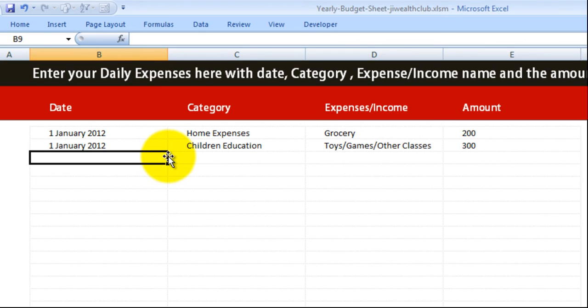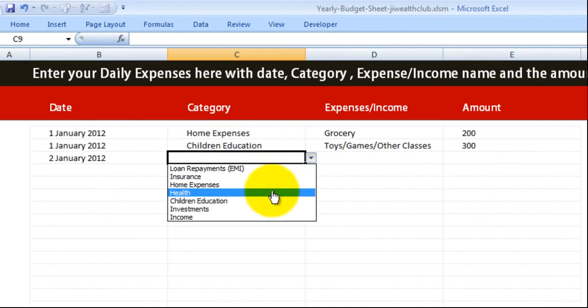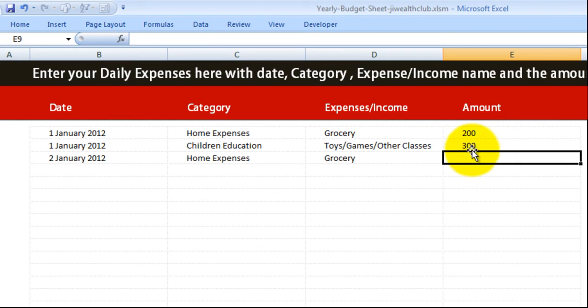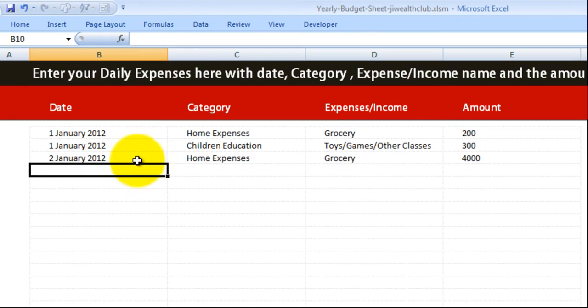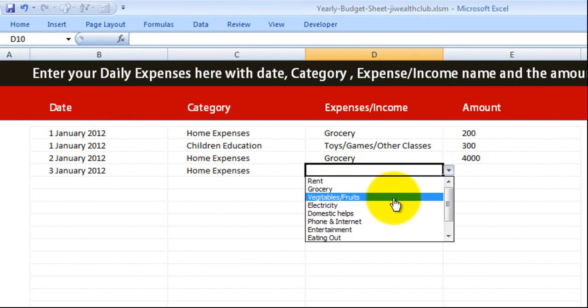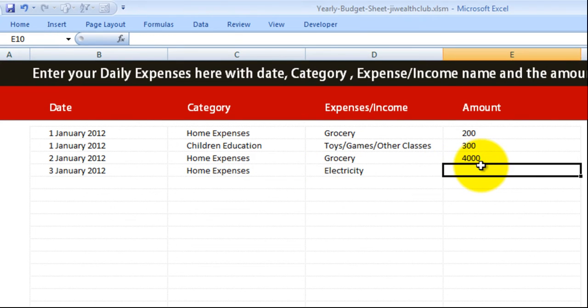Then the next day, that is 2nd of January 2012, you have spent something again on grocery, let's say 4,000 rupees this time. And then on 3rd of January you have spent something on, let's say, electricity. You have paid your electricity bill of say 900 rupees.